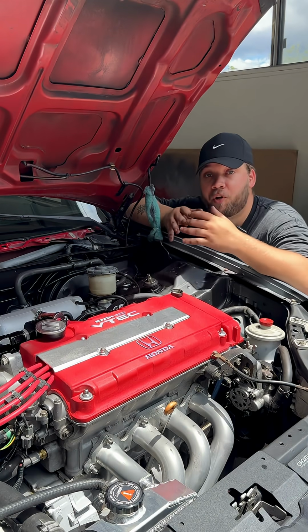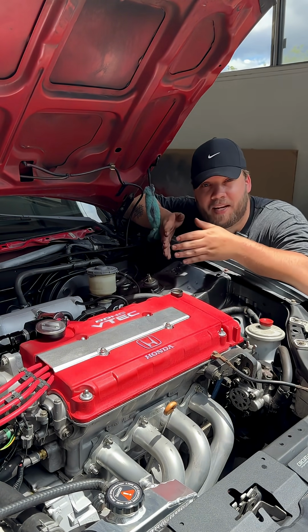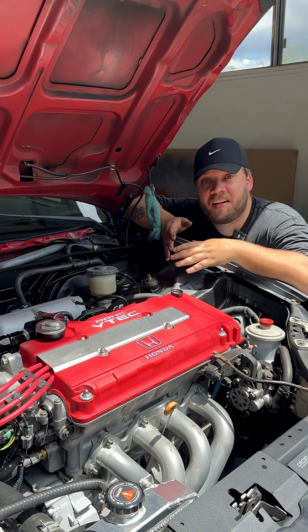Now that everything is replaced and we're good to go, we can now hit VTEC at 9,000 RPM and burn a quart of oil in less than 20 minutes. But if the master cylinder started leaking again, that's why